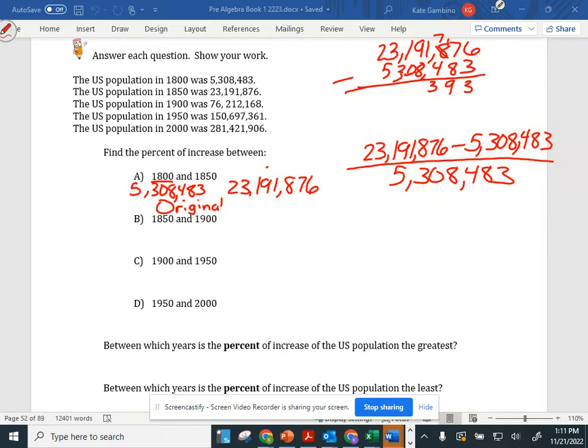1 minus 9 we cannot do, so we need to borrow. 11 minus 8 is 3. 8 minus 0 is 8. 1 minus 3 we can't do, so we have to borrow. 11 minus 3 is 8. Can't do 2 minus 5, so we are going to borrow. 12 minus 5 is 7, and 1. Whew. So we have